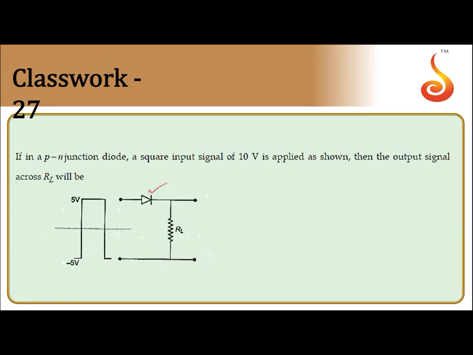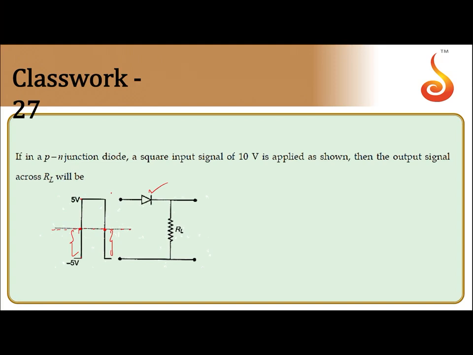So there is a single diode here, and this is the reference line. The signal strength varies from minus 5 volt to 5 volt. This is the zero level. Whatever is below 0 can be taken as negative voltage. Above that is positive voltage. So now when this square wave is incident on this,